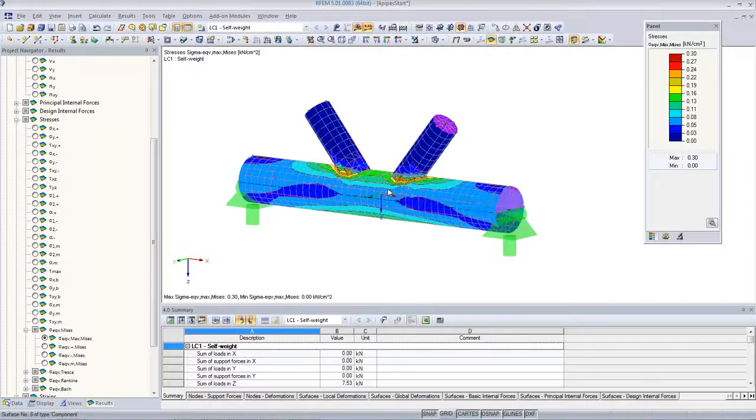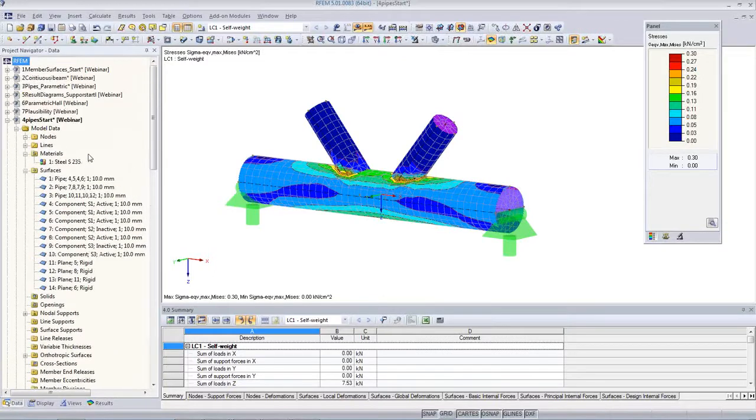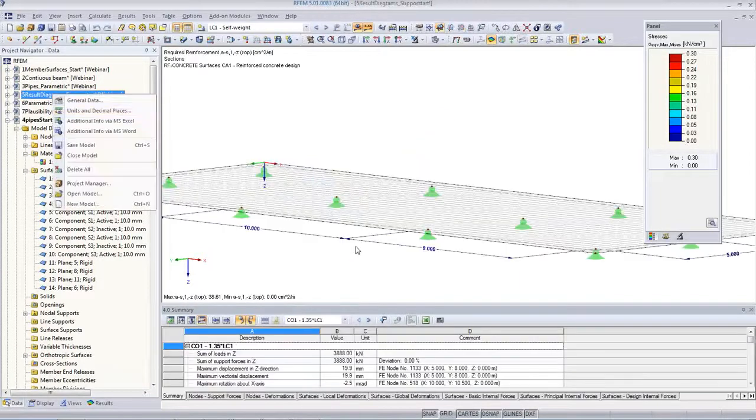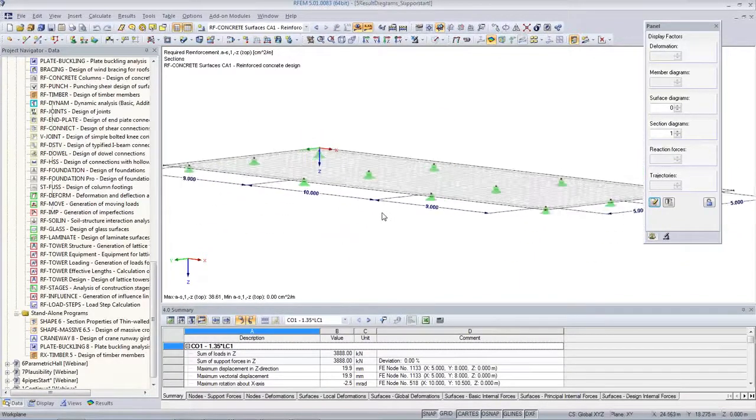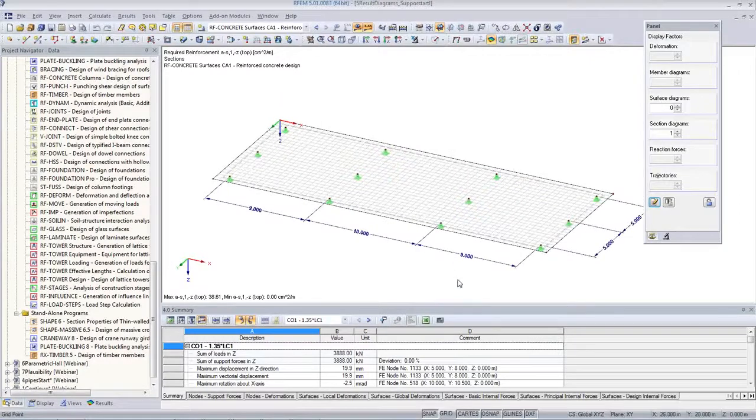Next example is a typical engineering problem where we have to deal with singularities. This time we deal with concrete. So I'm looking at this model here now, which is a simple plate made, this time, from concrete,